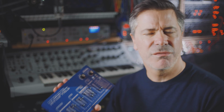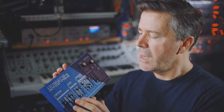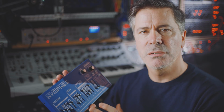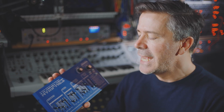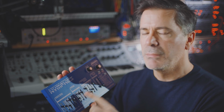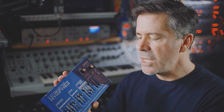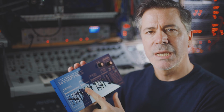Right, so as you can hopefully see from that example, that demonstration, it's not the shift button that really is the problem. It's the fact that you have sliders in a state where they don't really match the patch that you're creating at any point in time. It's not just the fact that these are dual use sliders without the shift and with the shift, but as soon as you get into the more complex parts of the synth, the more advanced features of the synth, the global modulations, then what you realize is that these sliders can actually change up to